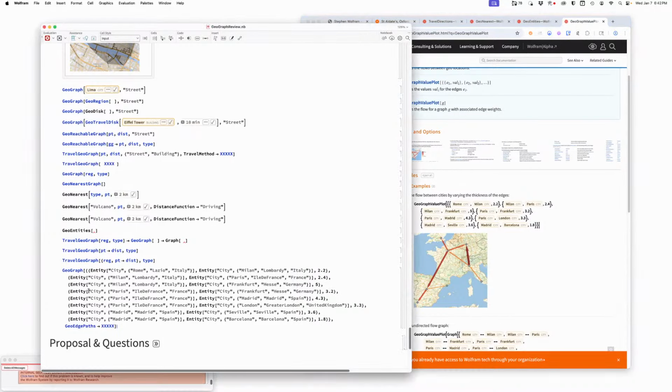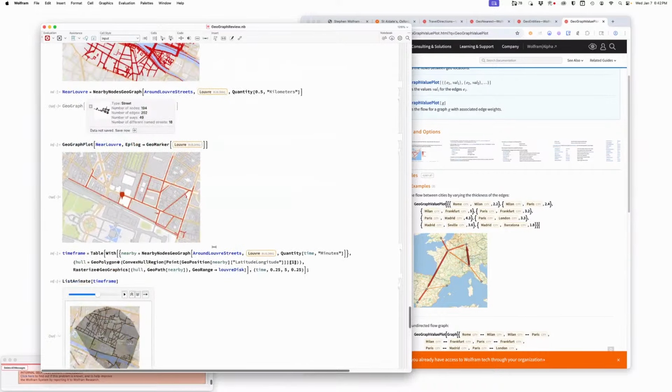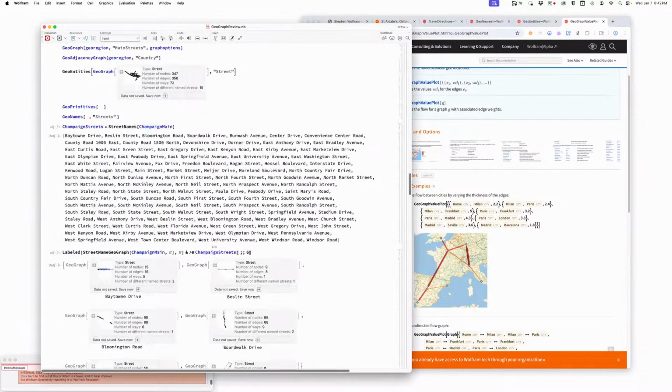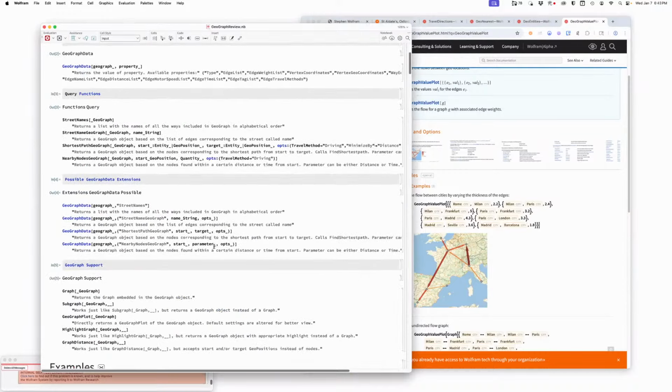Yeah, that makes sense. Yeah, I see your point. So we've got GeoGraph. Okay, so the thing we haven't talked about, and I'm going to need to go in a moment here, but the thing we haven't talked about back up here,